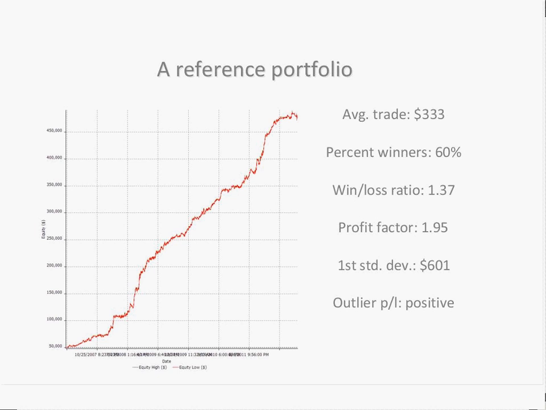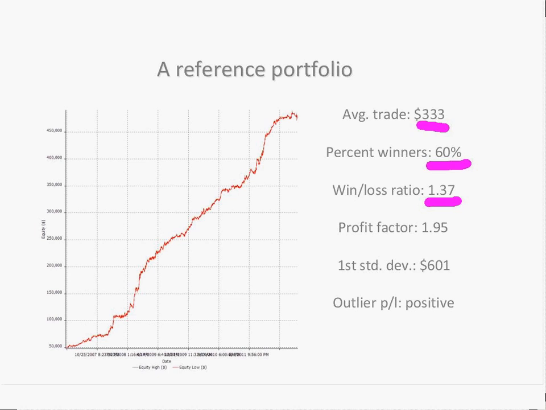This is a reference portfolio, just a portfolio of three futures. Yes, it is the future and the gold. I compare these figures to what we had during our research. The average trade is an order of magnitude greater than we had. It is more than $300, and of course it covers all the expenses of commissions, slippage, whatever. We have 60% of winners, and at the same time,